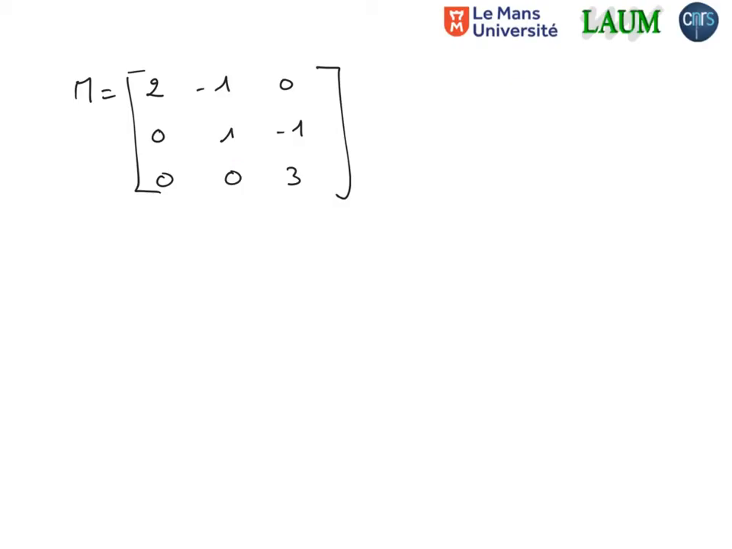Here is the matrix, and we want to compute the eigenvalues and eigenvectors. When we see this matrix, there is a first trick: this matrix is upper triangular, which means that all the coefficients under the first diagonal are 0. When I see this matrix, I know automatically that the eigenvalues are 2, 1, and 3. We have used the fact that this matrix has a particular shape, but this is not the general